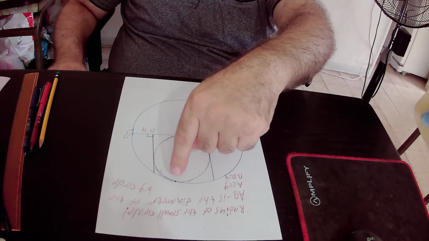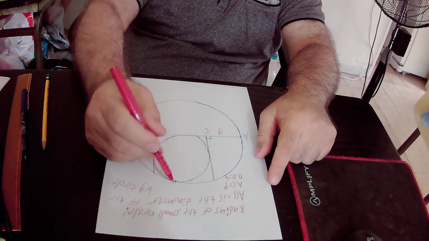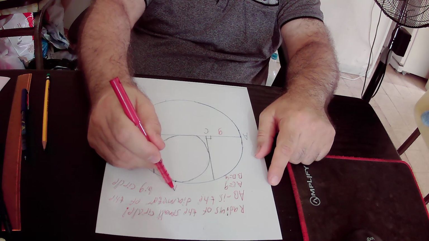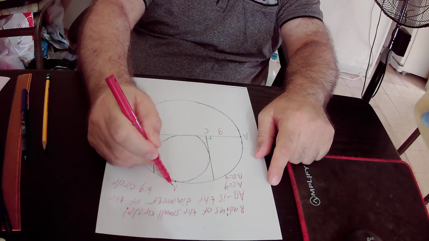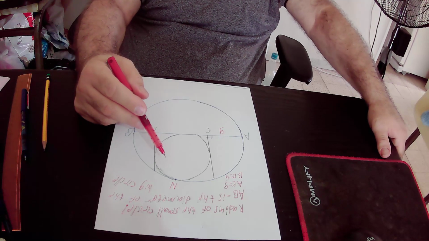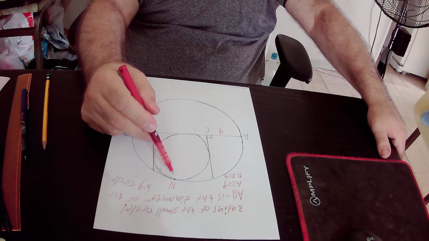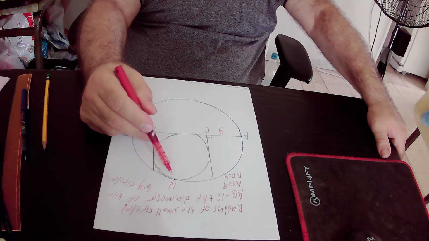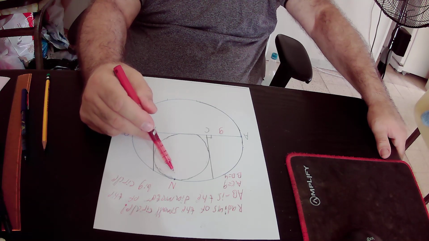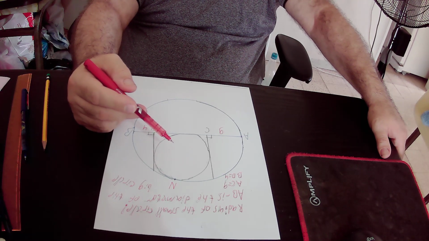Let's define this point as point N. So actually the two circles touch each other at point N. Point N is the point of contact between those two circles, and